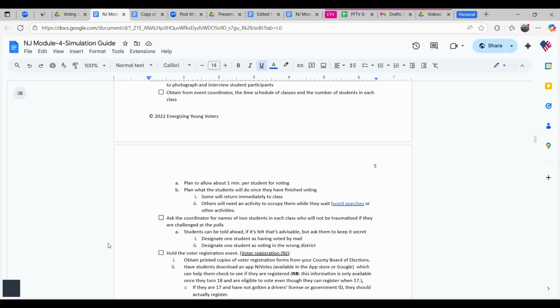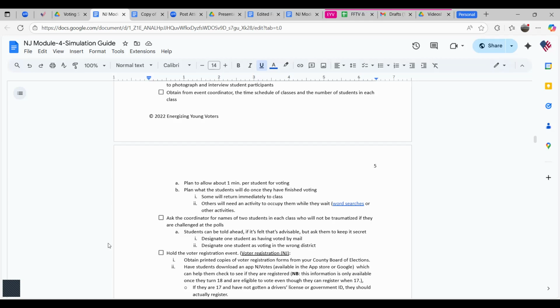And it's something that is usually very appealing to the kids, to realize that they can be a part of the civic life. And that's one of the other things that we want to do. So make sure that the schedule is still the same, that you're going to get the same number of students in the class that you thought you were going to get, so that you can move them through the space